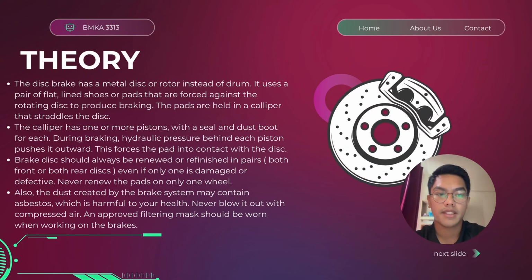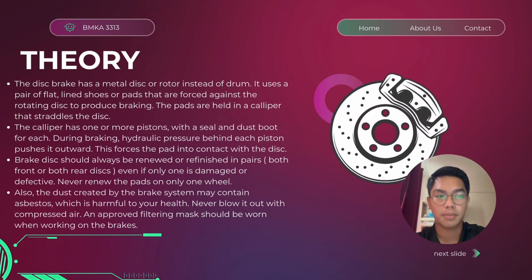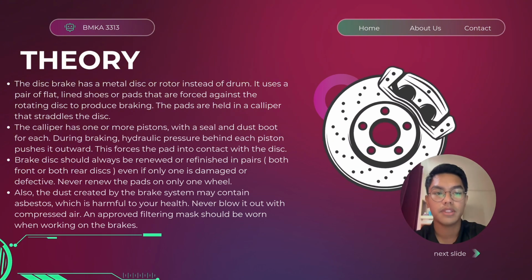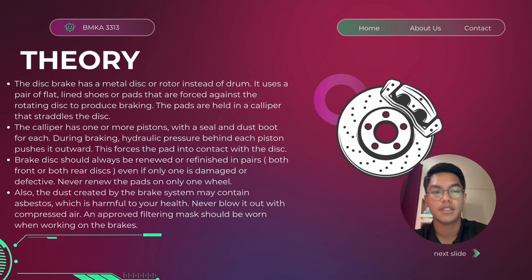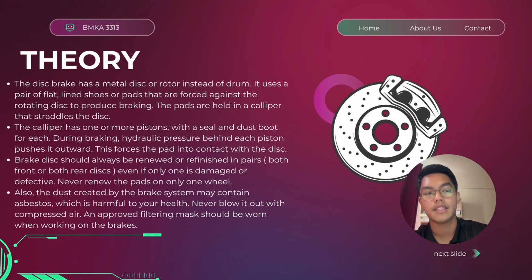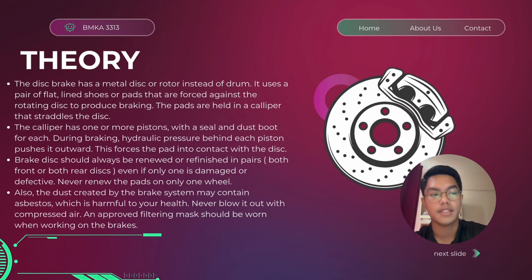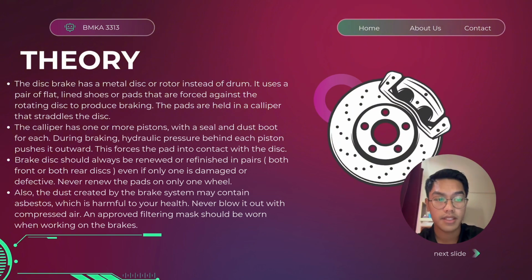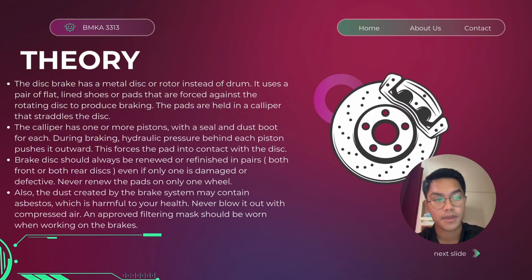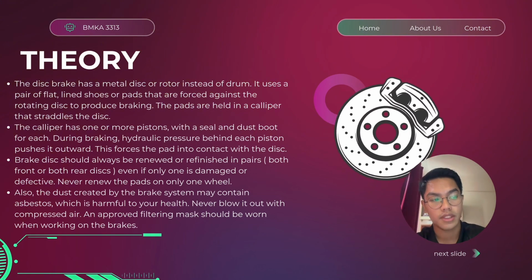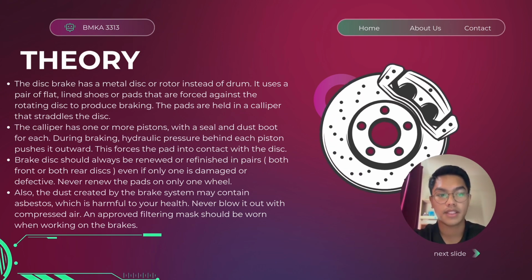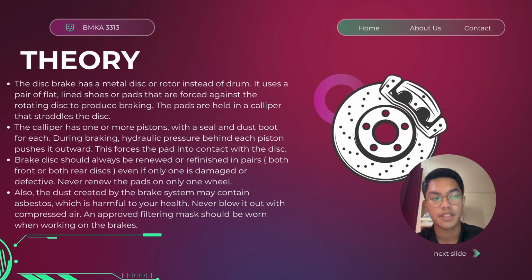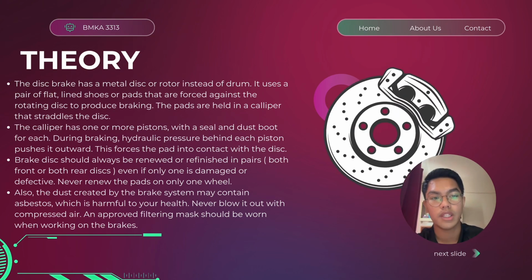These pads are held in a component known as the caliper, which straddles the disc. The caliper contains one or more pistons, each fitted with a seal and a dust boot for protection. When the brake pedal is pressed, hydraulic pressure is applied behind the pistons, forcing them outward. This action pushes the pads into direct contact with the disc, creating friction that slows down and eventually stops the